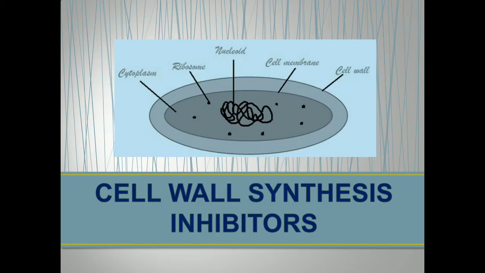The first mode of action is cell wall synthesis inhibitors. Now, the structure that is shown over here is that of a bacterial cell. When we see a bacterial cell, the outermost layer is usually the cell wall. There are some bacteria which have a membrane external to the cell wall, called an outer membrane, but all the bacteria have a cell wall in them, and that is why cell wall synthesis inhibiting antibiotics are so much preferred, because the animal cell, or in other words the human cell, does not have a cell wall.